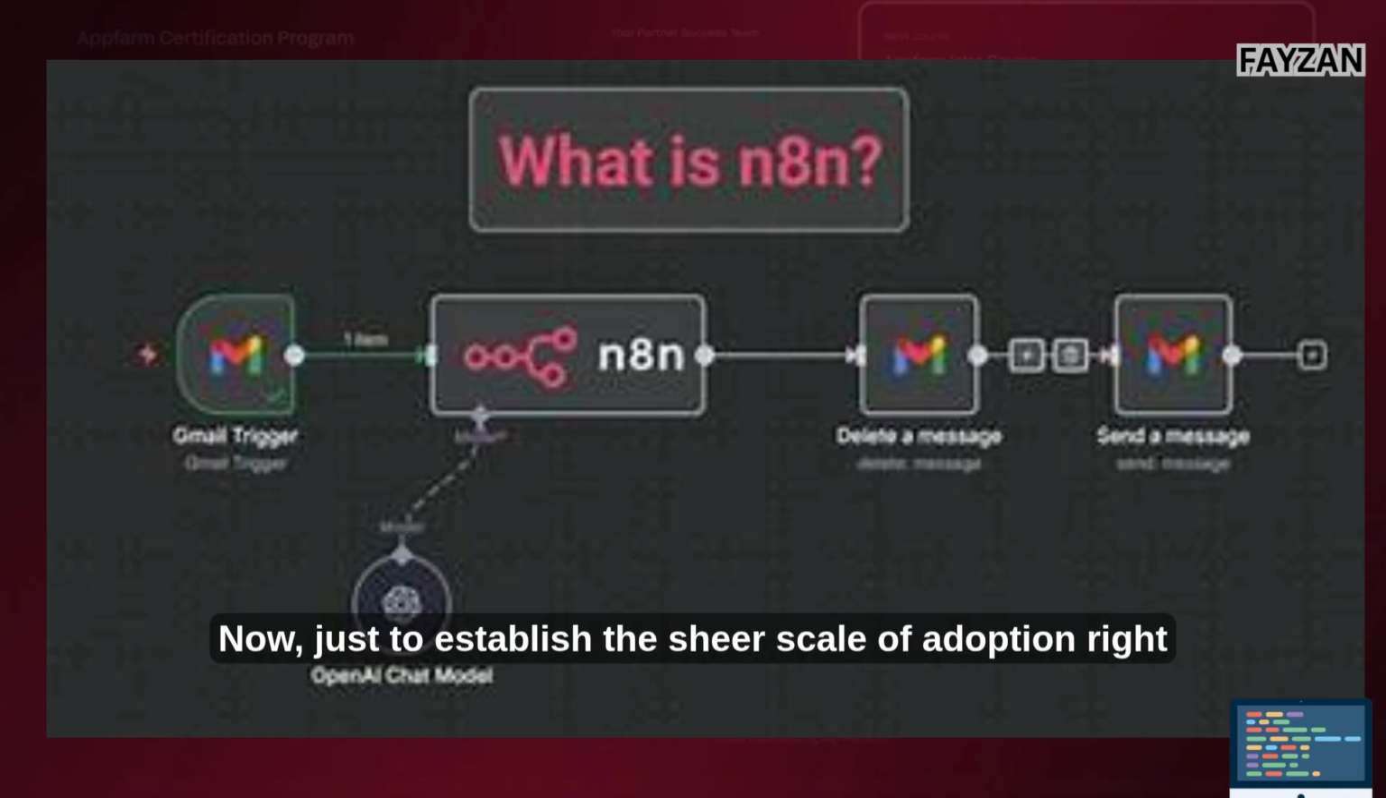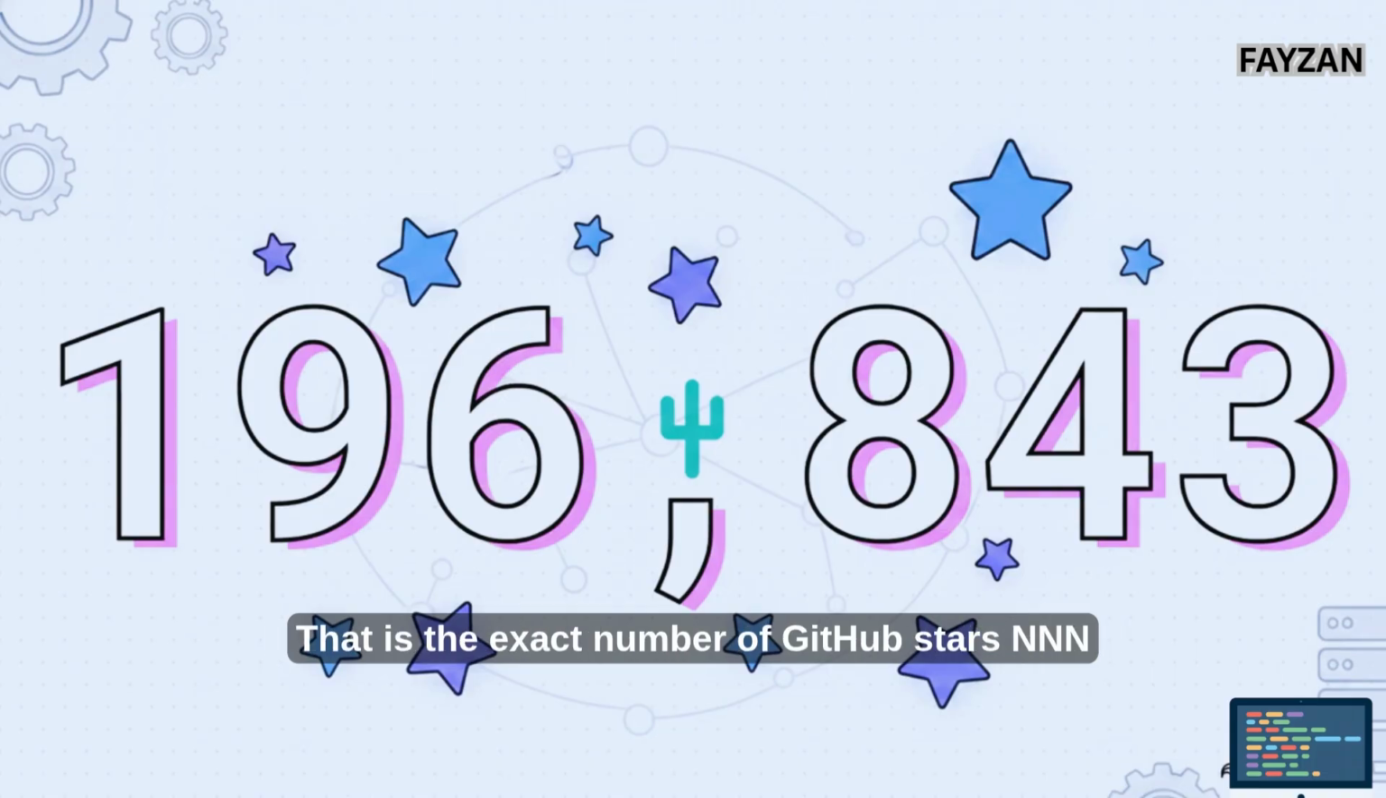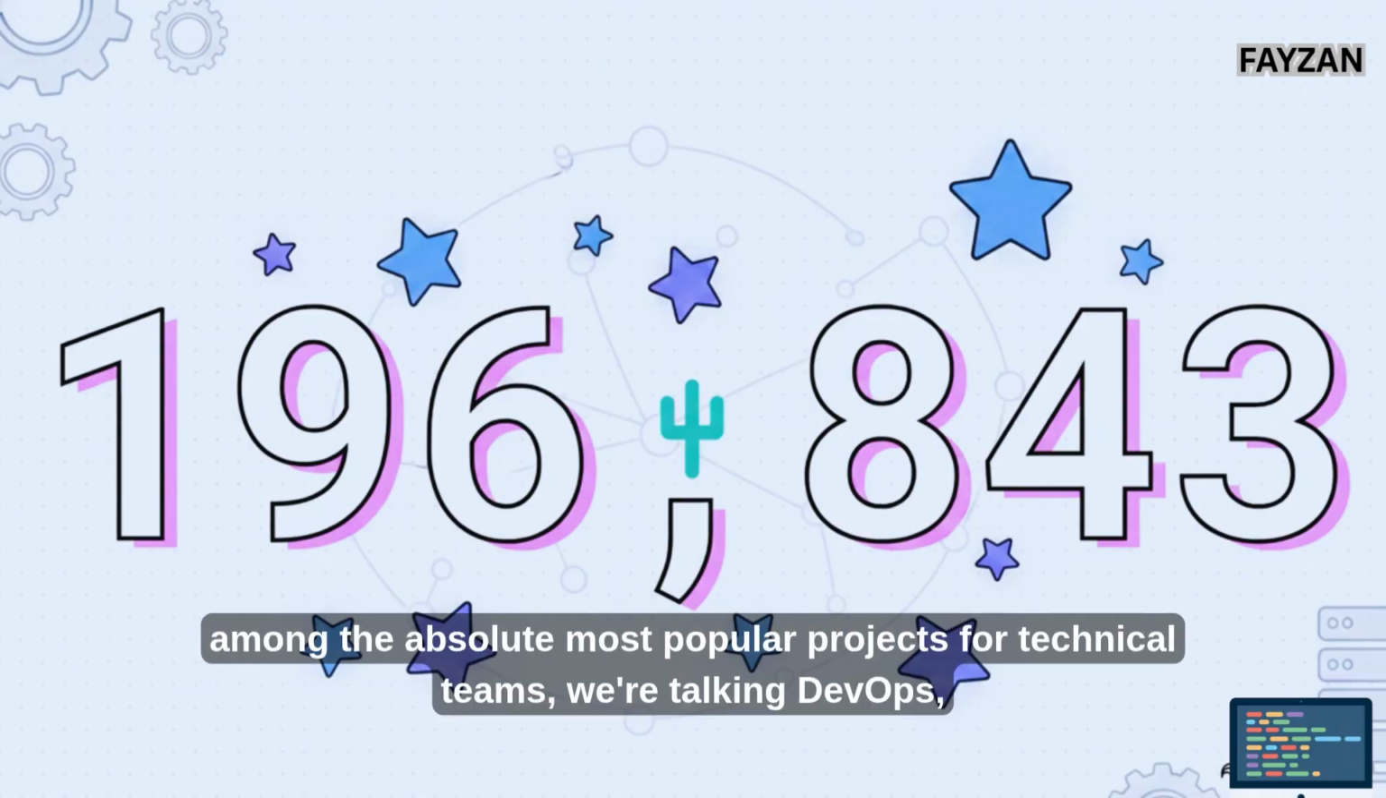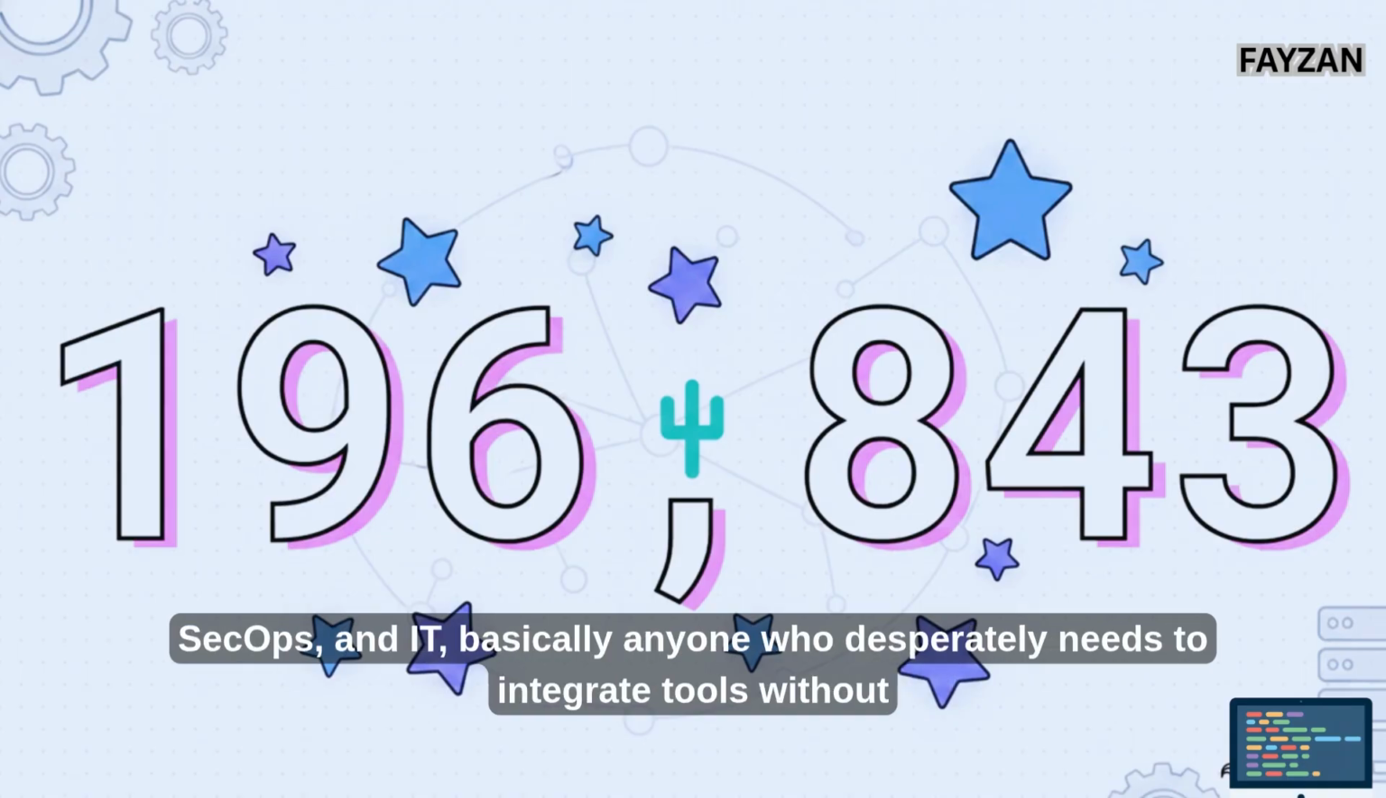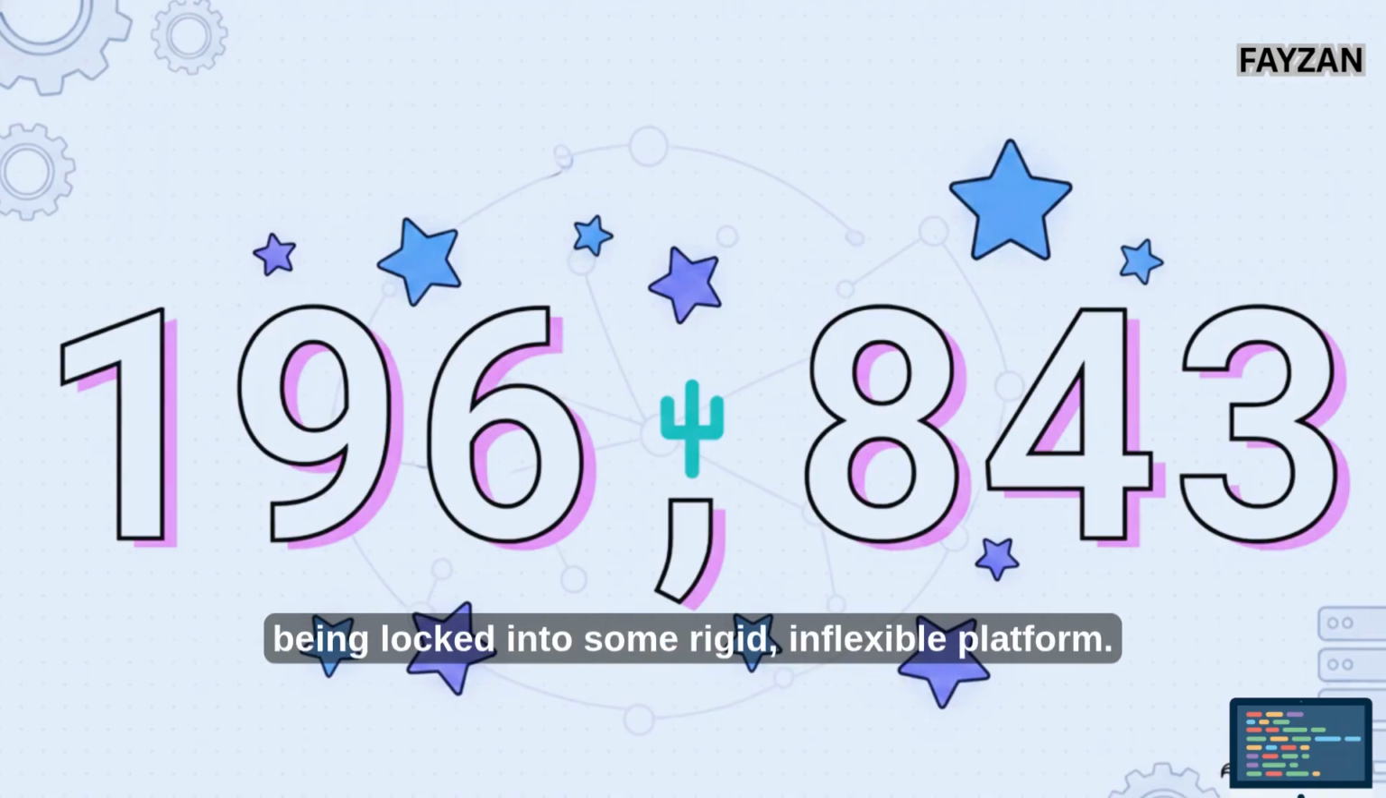Now, just to establish the sheer scale of adoption right out of the gate, check out this number, 196,843. That is the exact number of GitHub stars n8n has at the time of this analysis. It places it squarely among the absolute most popular projects for technical teams. We're talking DevOps, SecOps, and IT, basically anyone who desperately needs to integrate tools without being locked into some rigid,